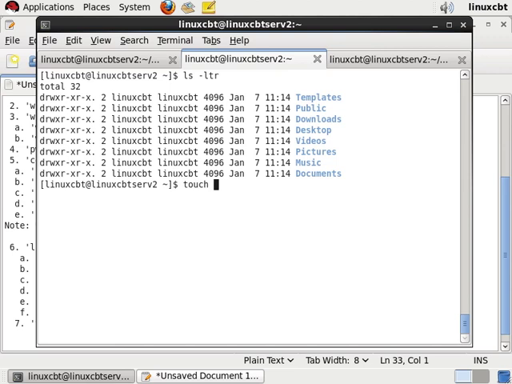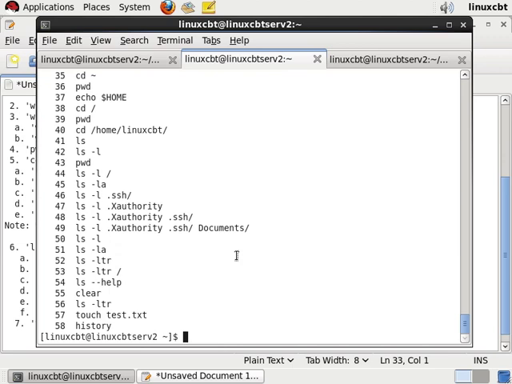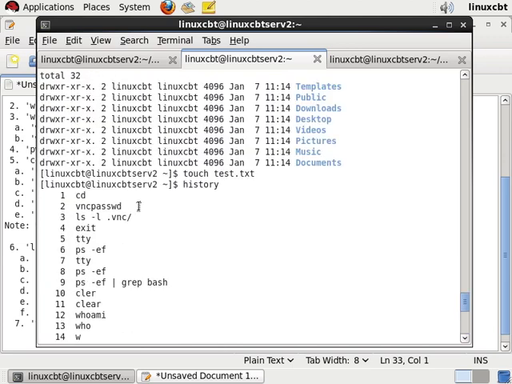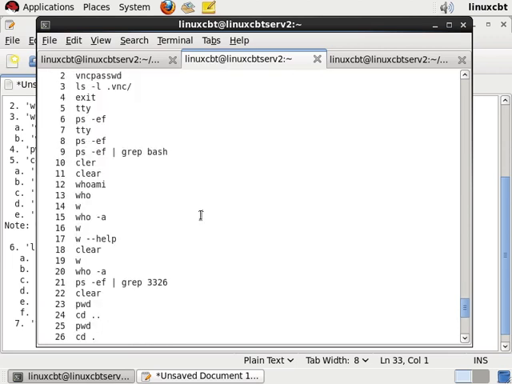Let's touch test.txt. So now we have a new item. Let's rerun lsltr. By the way, the bash shell supports the ability to search through the command history using the up and down arrow keys. So I've been using up and down arrow to navigate through the history items for this particular shell. And if you type history, which is yet another command, it shows you all of the commands that we've run, with a configured number of commands to be saved to be 1,000,